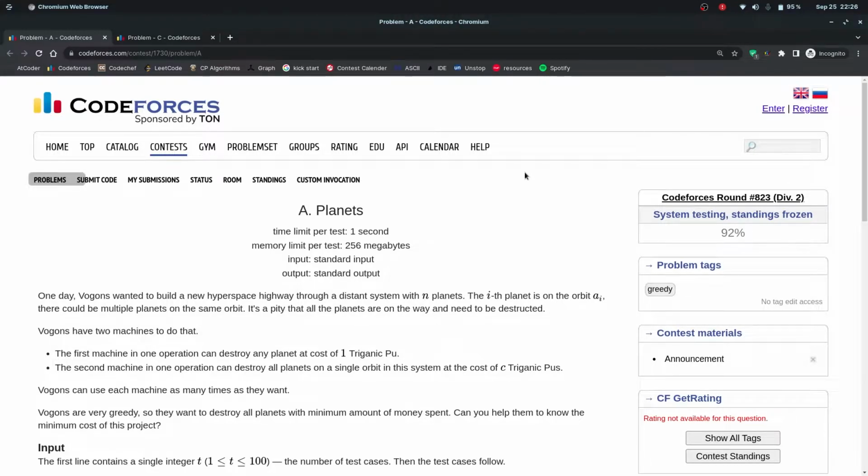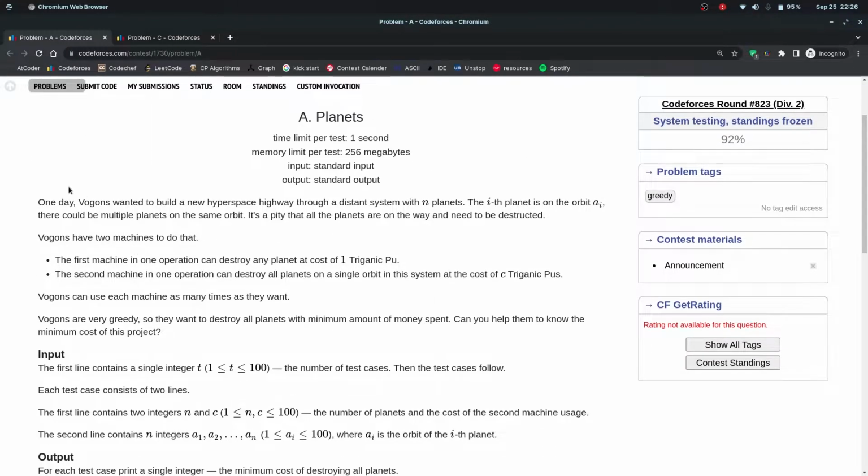So in this video, we're going to discuss the solutions for Codeforces Round 823, which was rated for Division 2, and we're going to discuss problems A and C. So the first question is A, Planets, and this question says that we have a machine and we have to